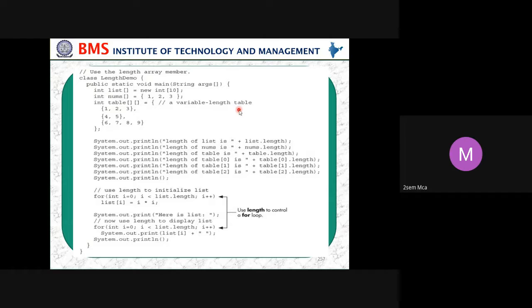Because it is not fixed size, all the rows are of different sizes. So that's the reason it is called a variable length table. And we are